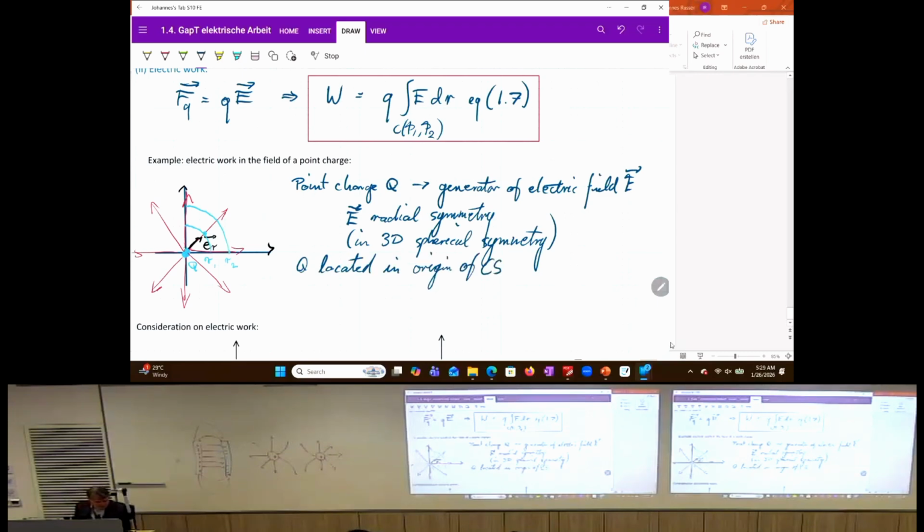And then I plotted the small q, the test charge, that is moved from radius r1 to radius r2. And you see again that the test charge does not contribute to the field lines. This is justified by saying that it is a very minor charge. If you want to make it very accurate, of course, you would argue that the test charge